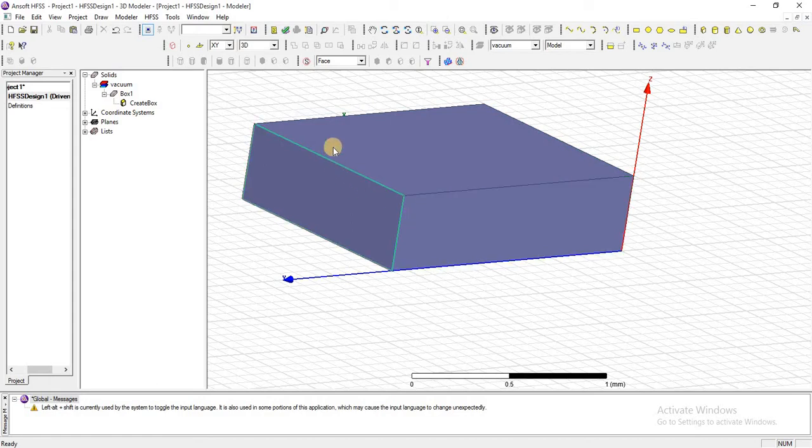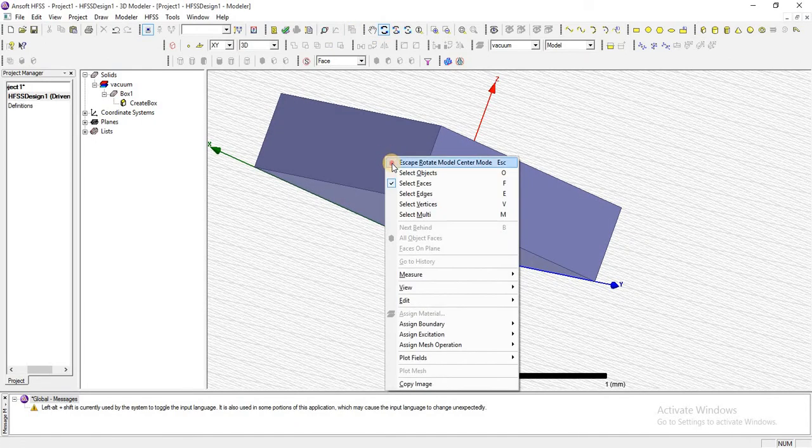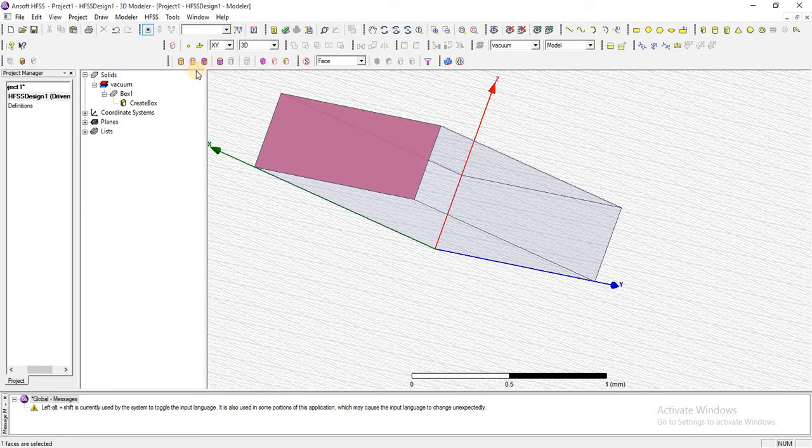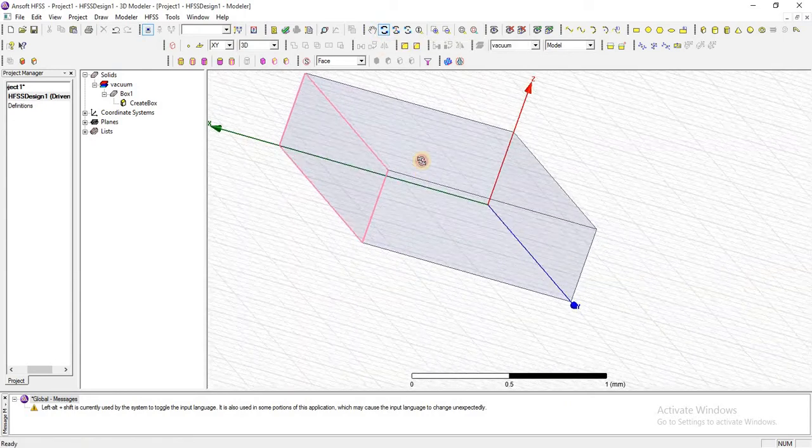Now I am going to select this face, and I want to select all the edges of this face, only this face's edges. You can see that.